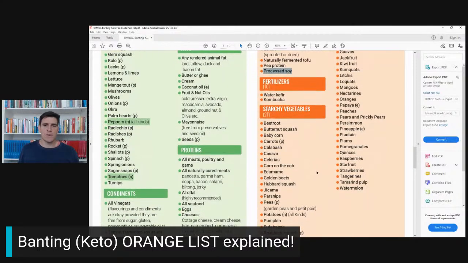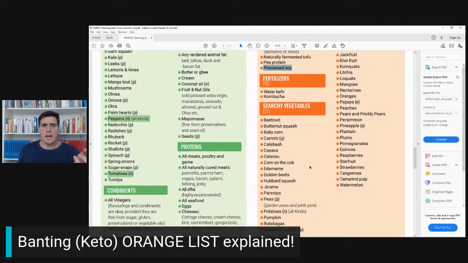And finally, starchy vegetables. So these are mostly vegetables that are grown underneath the ground. These vegetables, some of them range from 10, even some under 10 grams of carbs per 100 grams to 25 grams per 100 grams. Those are getting very close to red listed. But in general, if you're staying under 2 tablespoons, your carb count is going to be fine. So the final comment I have here is that